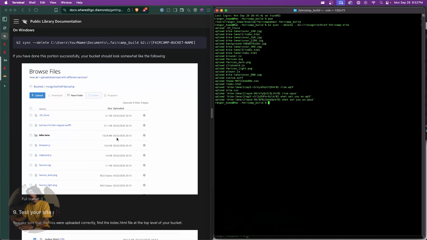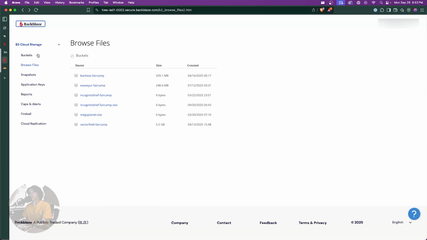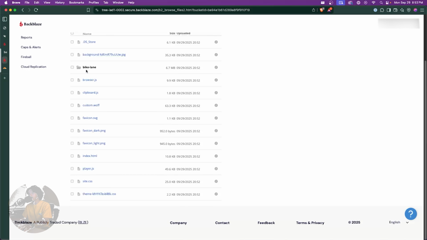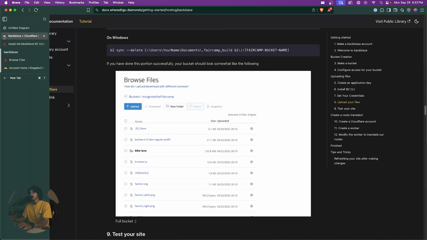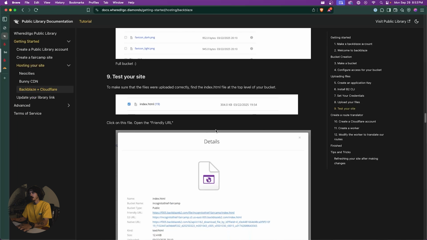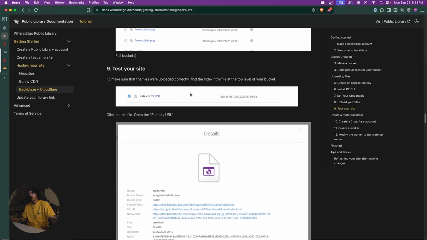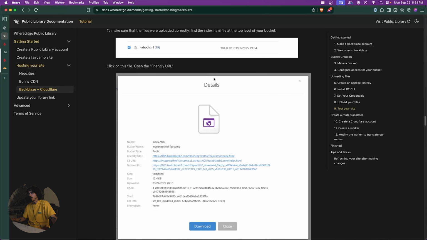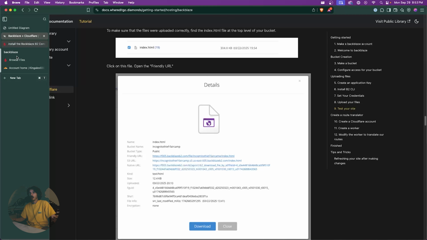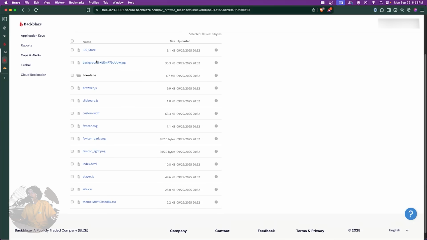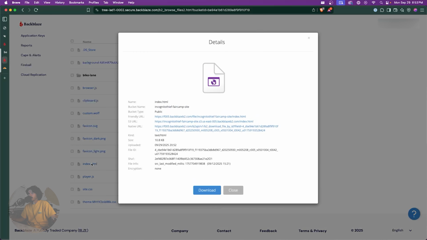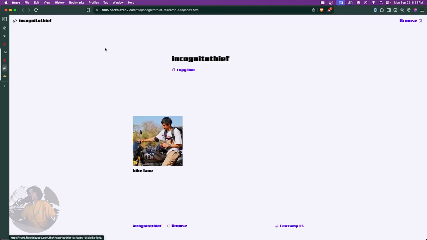So now when you go to your buckets, if you go to browse files and go to your bucket, you can see that the files are here. Now, just in order to test your site and make sure that you can at least access one of the pages, you can go to the index.html file and click the friendly URL, and this should open up your